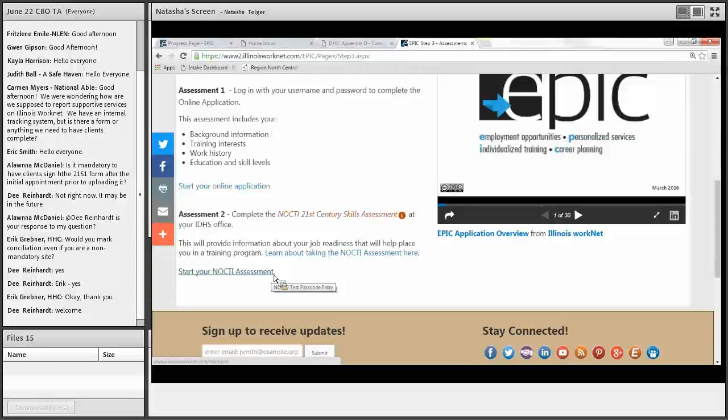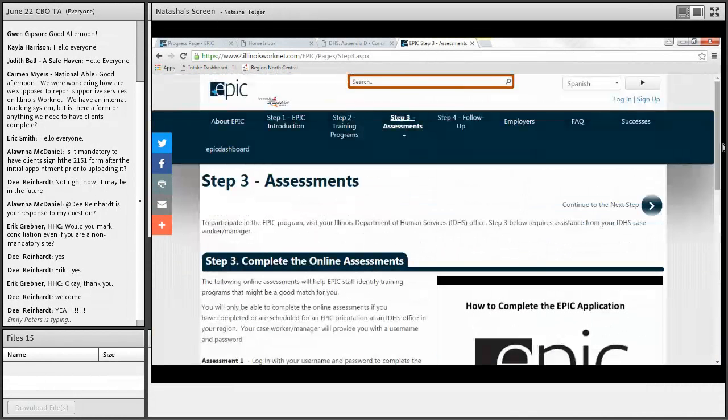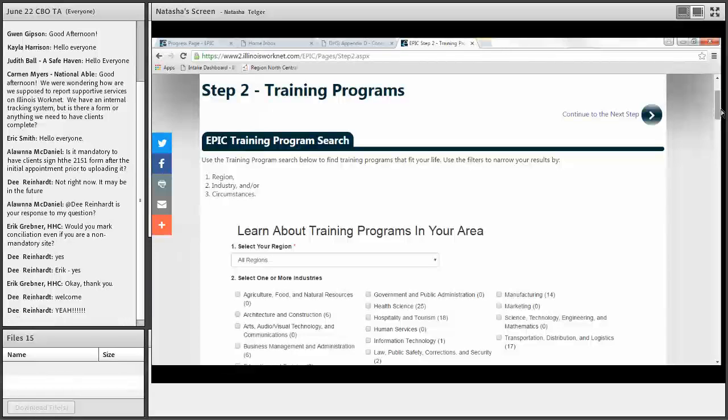So what that means for you is, first of all, it's going to significantly reduce the amount of time that's required for the intake process. So we're going to go anywhere from 5 to 7 days down to 4 hours. And what that means, let me zoom out a little bit on my screen here, is that when they come to orientation, they're still going to go through the process of reviewing the videos. They're going to take a look at training programs. And one of the things that they're going to do, prior to looking at the training programs, is take the CIS Career Cluster Inventory